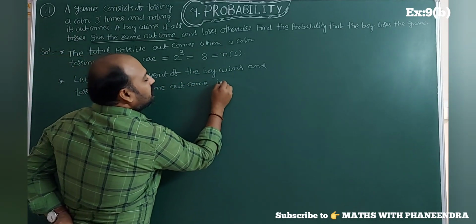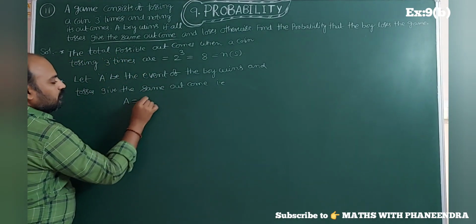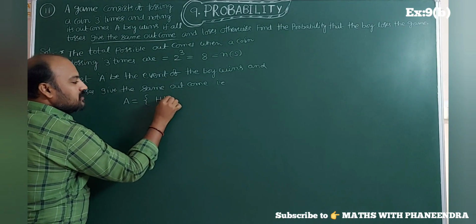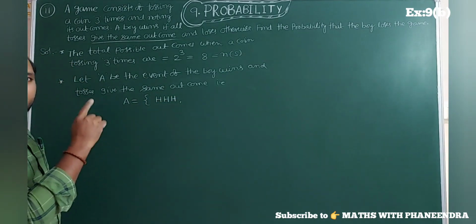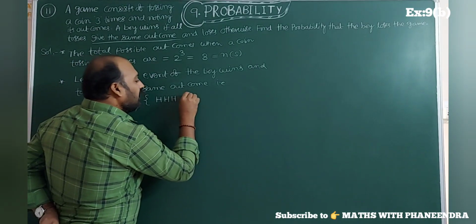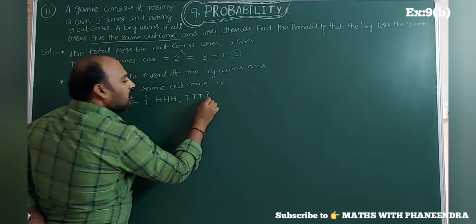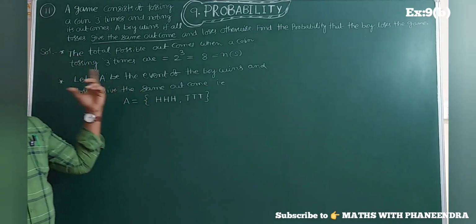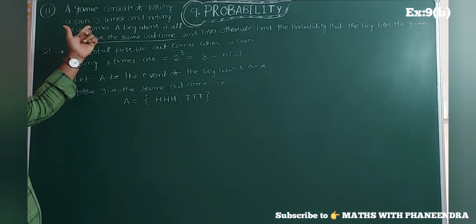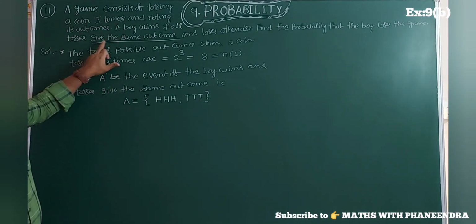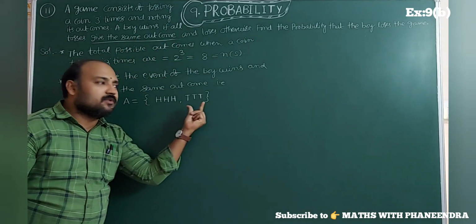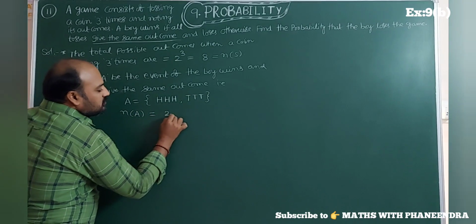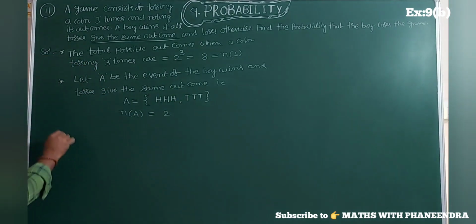That is A equal to... so 3 coins we are tossing now. 3 outcomes are same means all the 3 outcomes will be head, head, head, or tail, tail, tail. Only these two possibilities we are getting when three coins are tossed and give the same outcome. This is one outcome, this is another outcome. So n of A is equal to 2. Therefore, the probability of